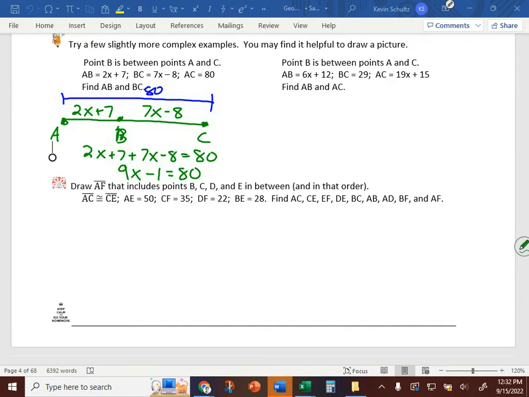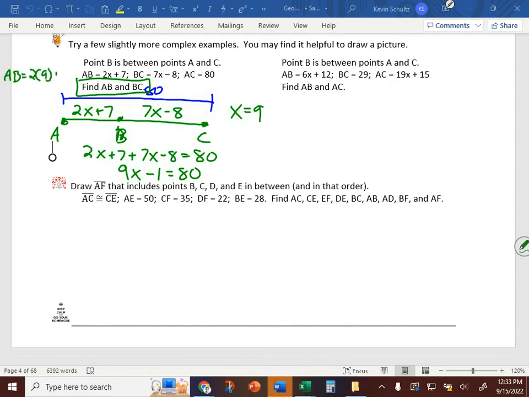Okay. And here's the trap that folks sometimes fall into. X isn't always the answer, right? Solving for x isn't always the purpose here. We solve for x in order to get something else. The question said find AB and BC. You add 1 to both sides, divide by 9. Okay. So if x is 9 and AB is 2x plus 7, that means that AB is equal to